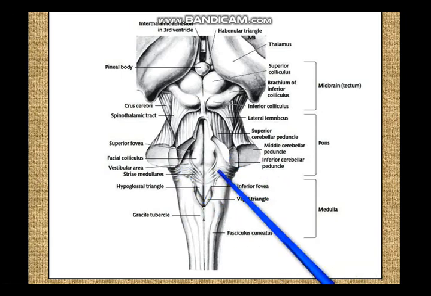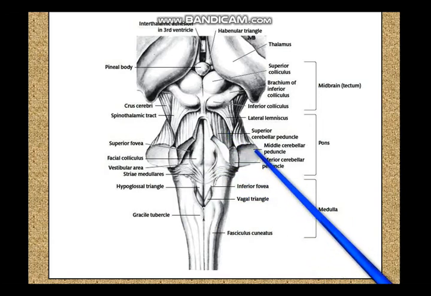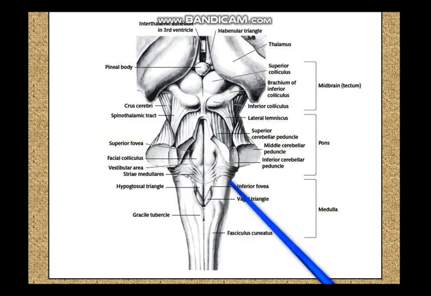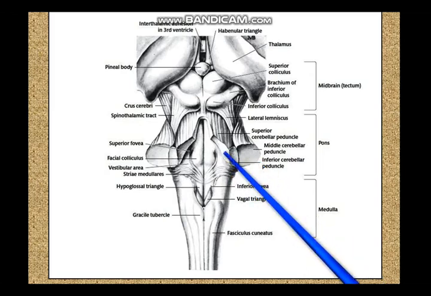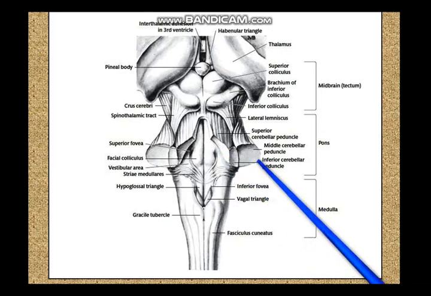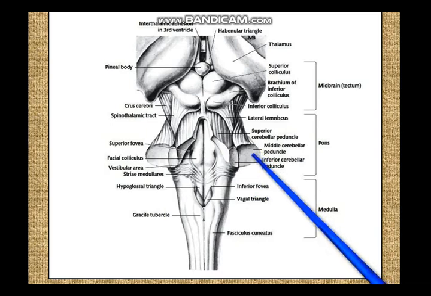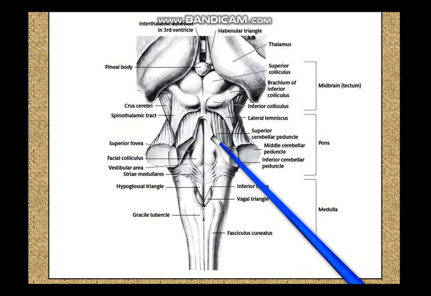So already you have seen a lot of things. Now you have the fourth ventricle here, and behind you have the cerebellum, and you have already seen the middle cerebellar peduncle. This is coming from the pons in front. You have the superior cerebellar peduncle, which is coming downward and backward from the midbrain, and you have the inferior cerebellar peduncle, which is rising upward and backward from the medulla. So middle cerebellar peduncle, inferior cerebellar peduncle and superior cerebellar peduncle. This is the order from lateral to medial, MIS. Middle cerebellar peduncle from the pons, inferior cerebellar peduncle from the medulla, superior cerebellar peduncle from the midbrain.